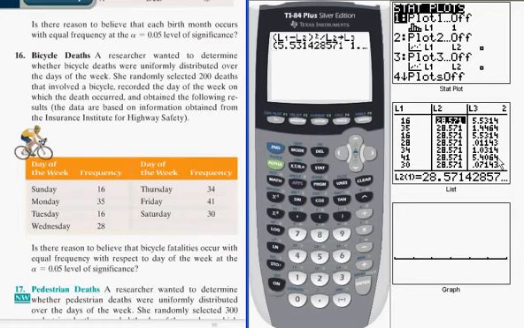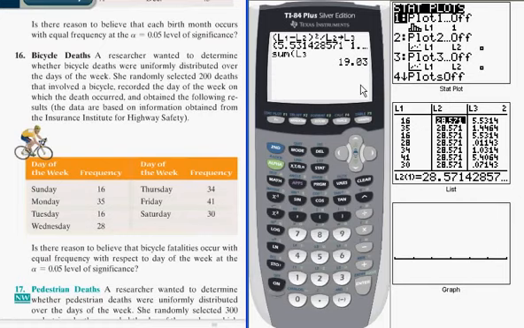Now the second step for computing the test statistic is to sum up all of these values, and I can do that in one step. If I go into the list menu, which is the shift function over the stat key, so I'm in the list menu. I want to go over to the Math submenu, and you can see the fifth item down is a summing function, number 5. So I want to sum list L3. And now when I press enter and it sums those results, it gives me the test statistic for this test,